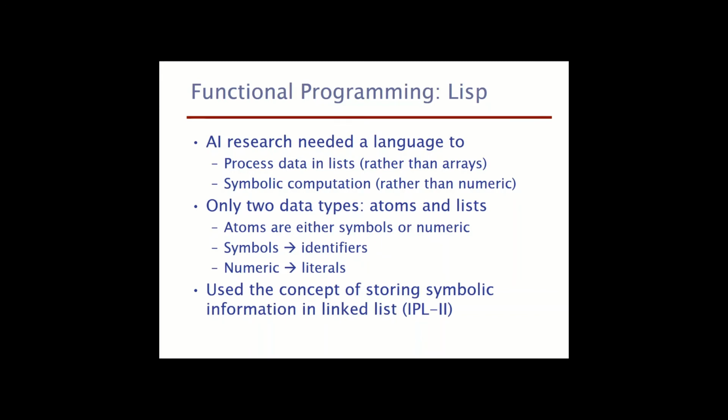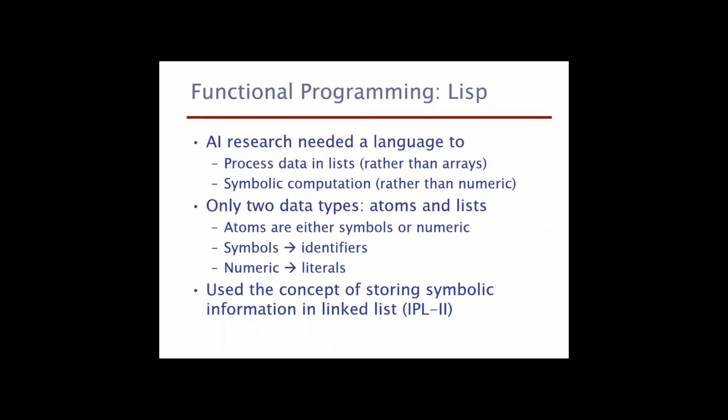Lisp is extremely popular for artificial intelligence applications, and that's why it needed a process of data in lists, not actually arrays. You guys should know by now the difference between a list and an array. If you don't, try to Google it. Also symbolic computation, what we referred to earlier. Rather than just numeric, we think about symbolic, exactly what we explained about logic, representation of things in mathematics.